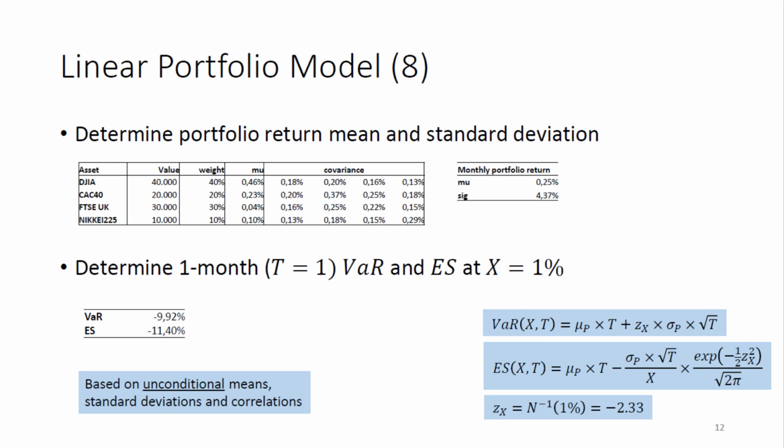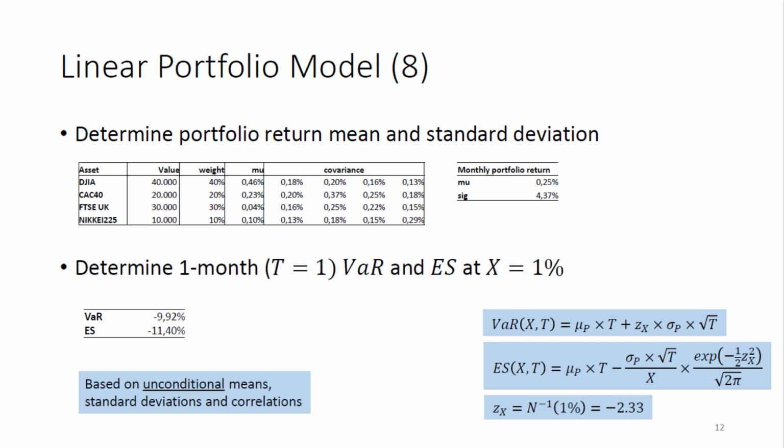So I've restated once more the formulas for the value at risk and the expected shortfall. The critical value at 1% for the standard normal distribution function, if you look that up in a table, is minus 2.33. So that's the z-alpha. So if we fill in first the means and the standard deviation and the time horizon of 1 month in this case,